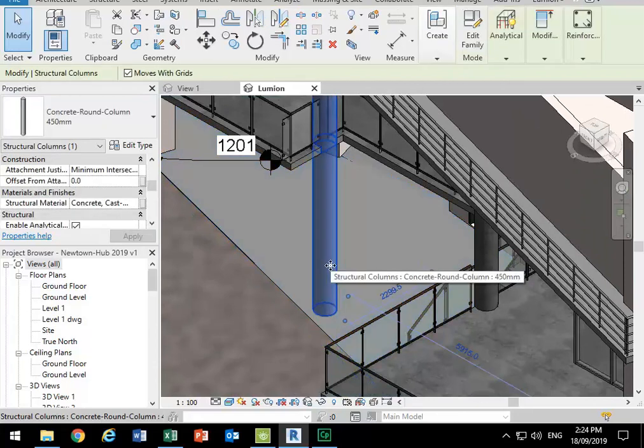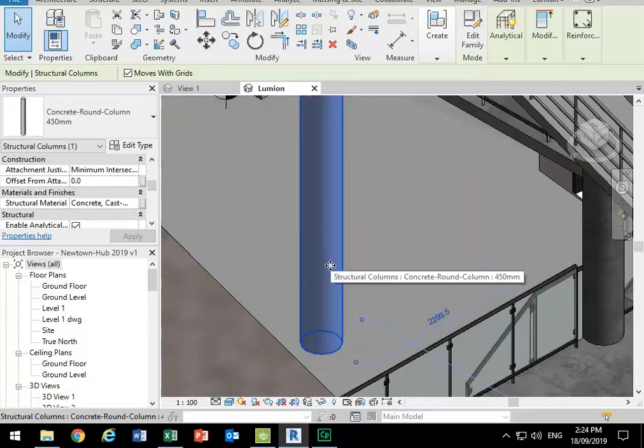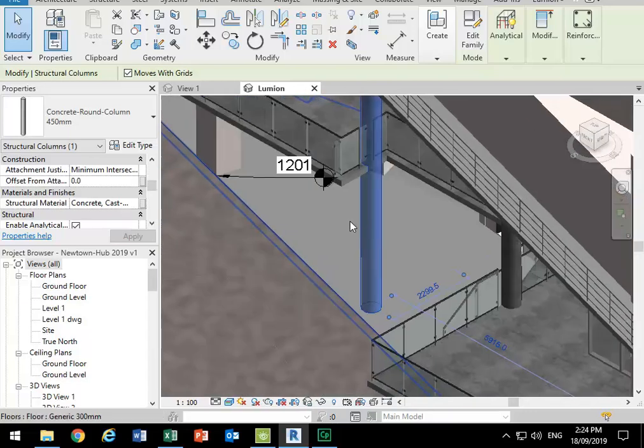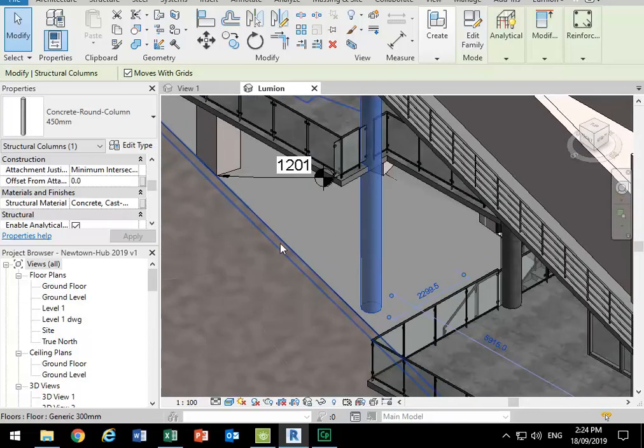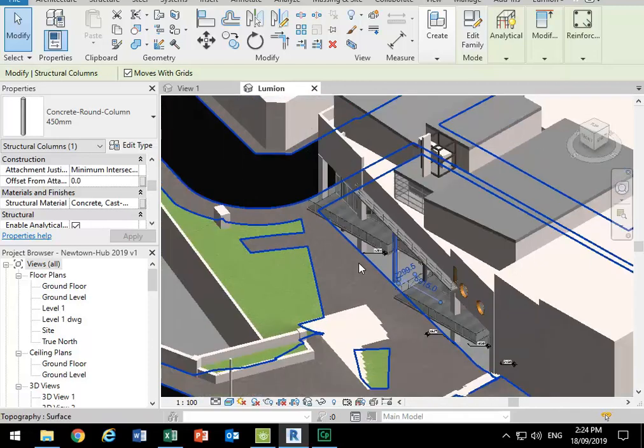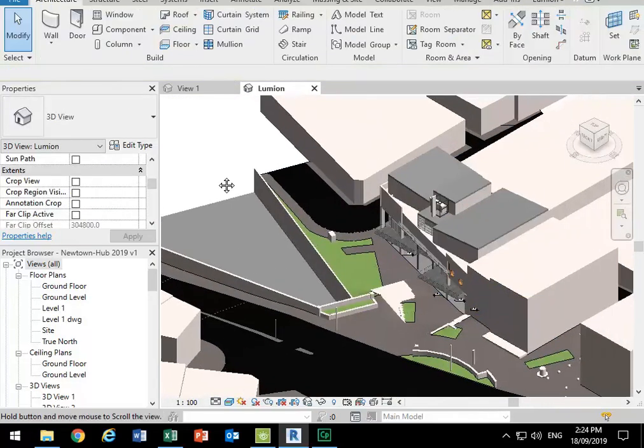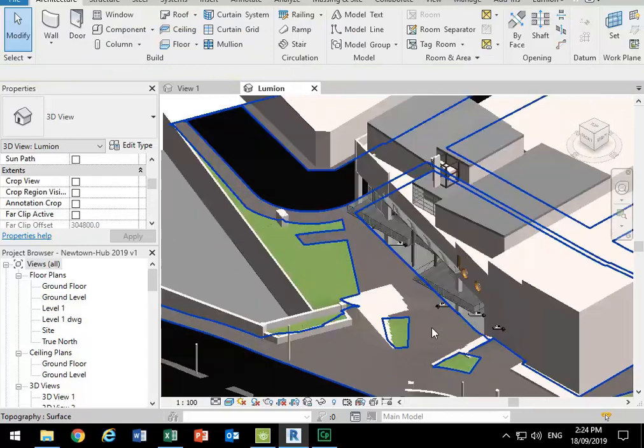Now, I won't go through all those settings, but have a look at the options if you haven't done that already in the texture settings. And that's probably it for materials in Revit. We can definitely do more, but that'll definitely be a lot to go on with. And then